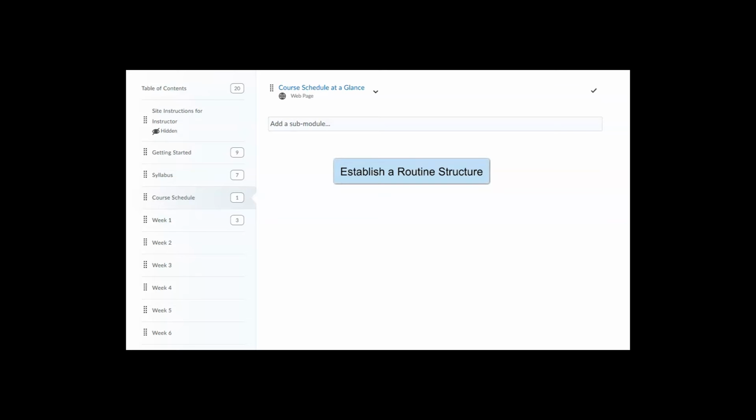To establish a routine structure in the course so students can easily navigate and manage their learning, there is a module created for each week that includes 3 general topic pages. For example, in week 1,